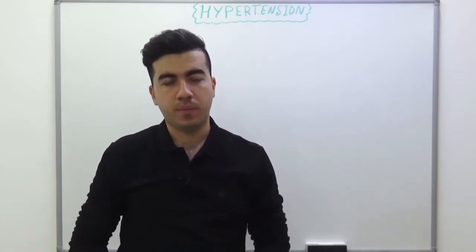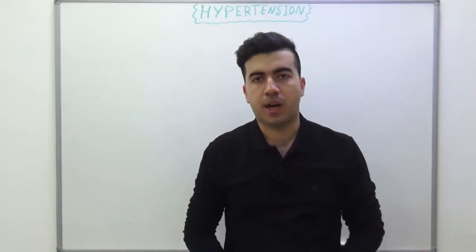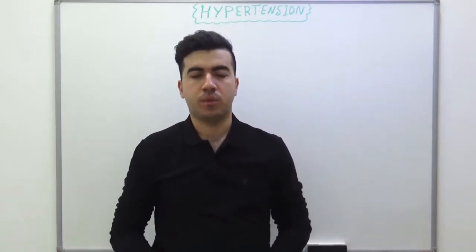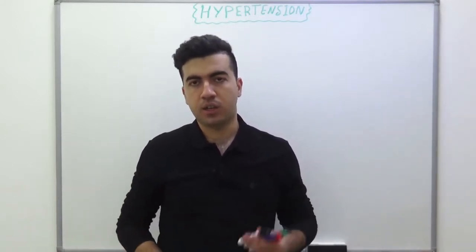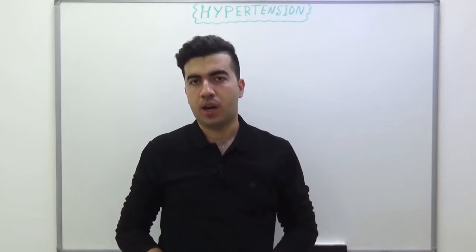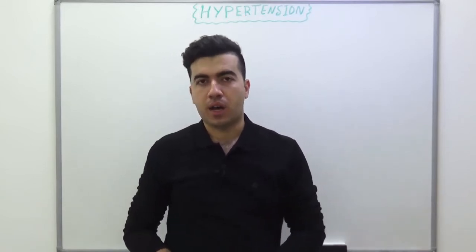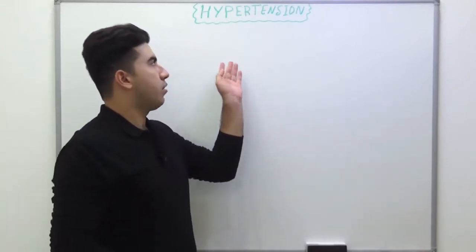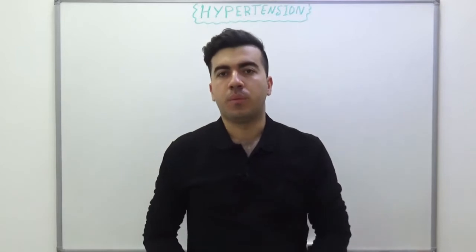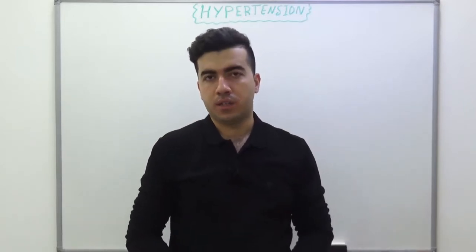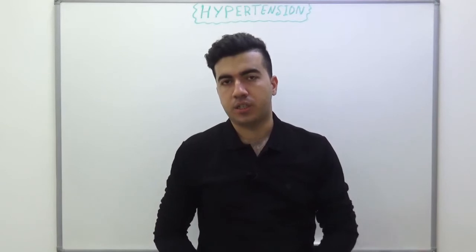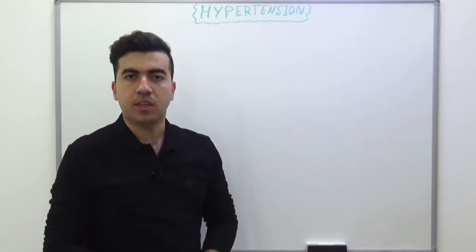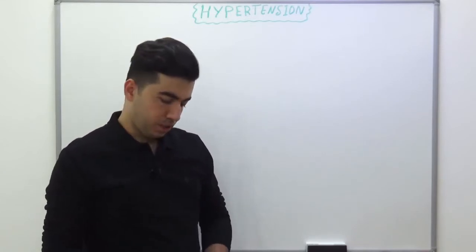Okay, hypertension is defined as abnormally sustained elevated arterial blood pressure. So when we talk about hypertension, we mean systemic arterial blood pressure, not the pulmonary circulation. As you know, hypertension may occur on the systemic arterial side, or in the pulmonary arteries. Also, we have portal hypertension, portal vein hypertension. But when we say hypertension without any further specification, we mean the elevated arterial blood pressure in the systemic arteries. So hypertension is defined as abnormally sustained elevated arterial blood pressure.